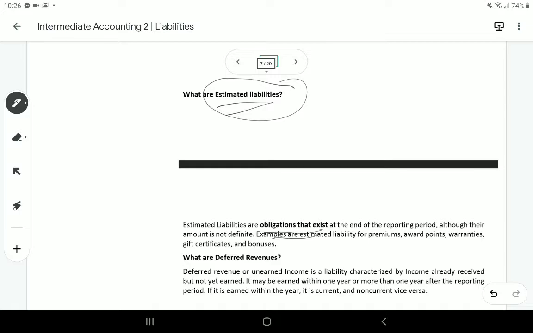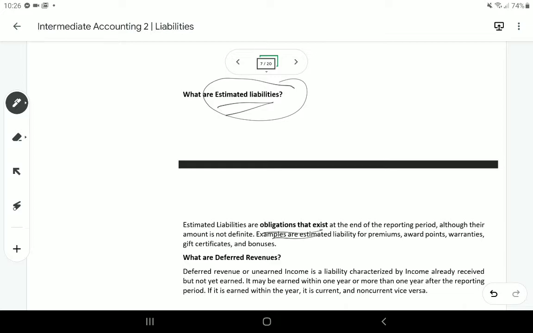Again, klaro na as of reporting date na may liability. Ang hindi klaro is ang amount. Okay. Now, in accounting,